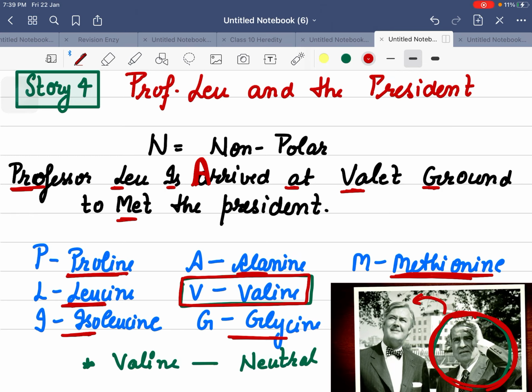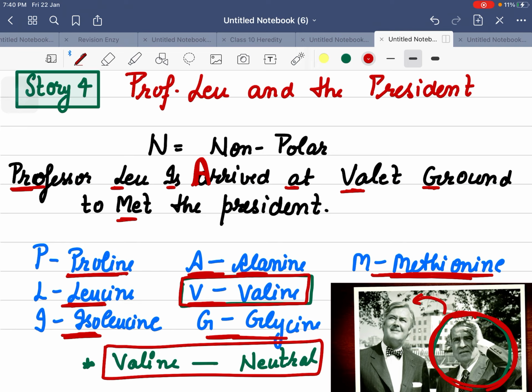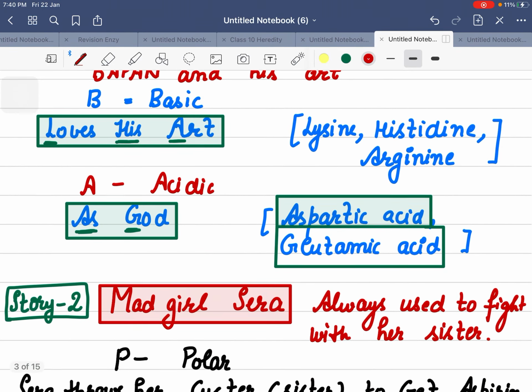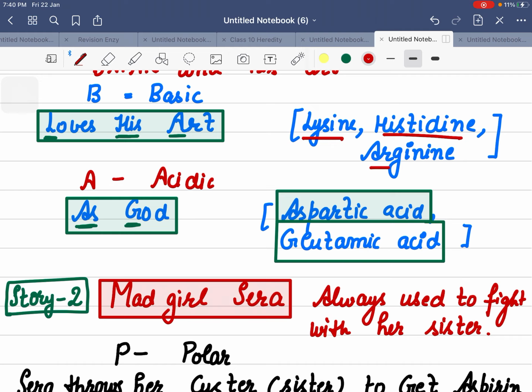So basically, out of these, valine is the neutral amino acid. Valine is the one which is neutral. So we have basic: lysine, histidine, arginine, and neutral is valine, and acidic is aspartic acid and glutamic